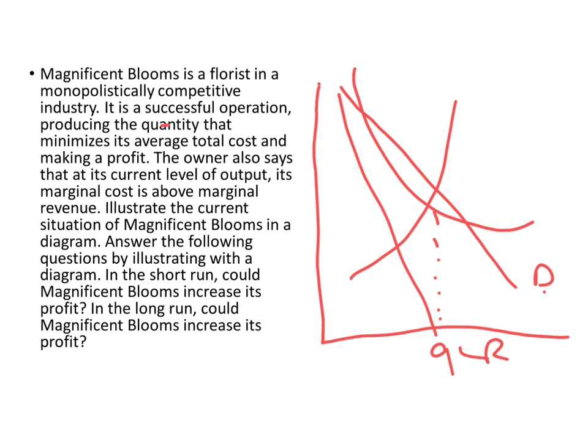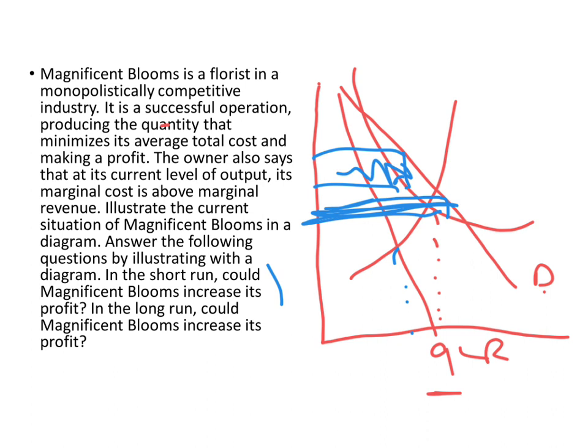That firm that's producing here at minimum ATC, is it successful? Is it making a profit? Yes, it is. Is the marginal cost above marginal revenue? Yes, it is, right? So can we actually have this firm do better? Of course, they can produce the profit maximizing quantity. In that situation, they will be making this profit. In the other situation, they made a much skinnier dollar amount, even though they had more quantity. The idea is, can they increase their profit if they profit maximize? Yes. Okay, produce where MR equals MC.